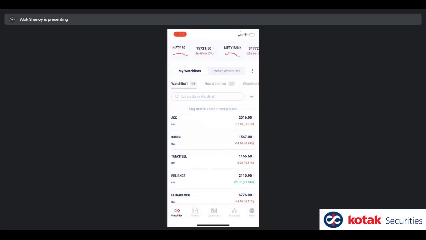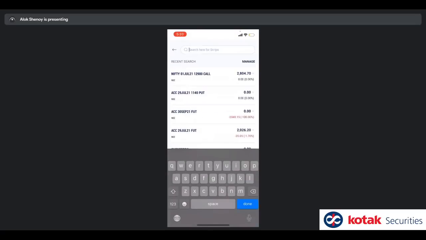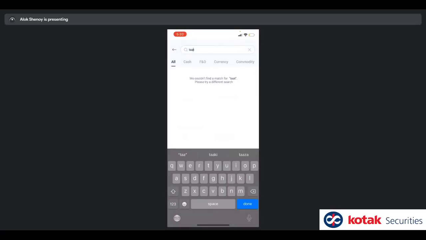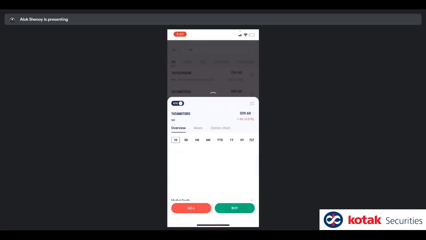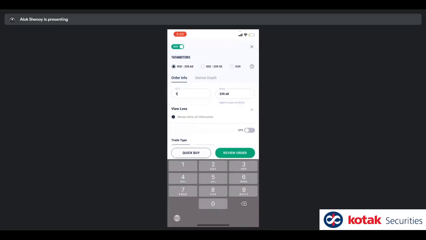I just need the search in the watchlist. So I'm going to click on search, and for example, I'm going to search for Tata Motors again because that's the one I keep referring to. It's available in my recent or my search. Just tap on this entry. I get buy and sell, and I click on buy and I'm already trading. So that was one click to open search, type in the search field, click on an individual entry and trade. That's just 3 taps. The 4th tap, you've actually placed your trade.